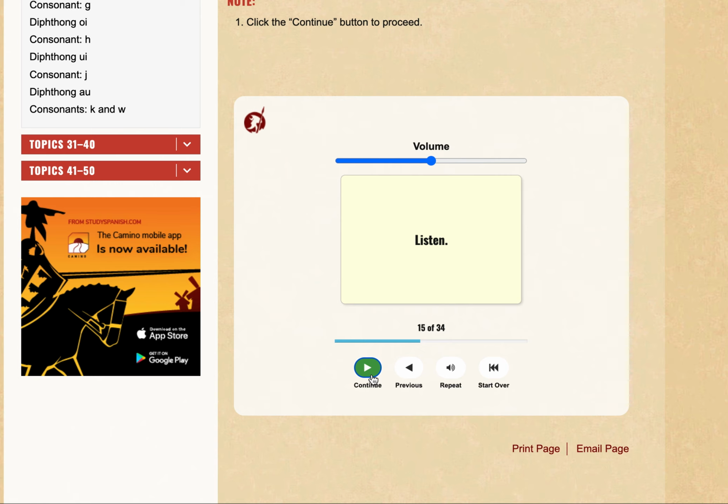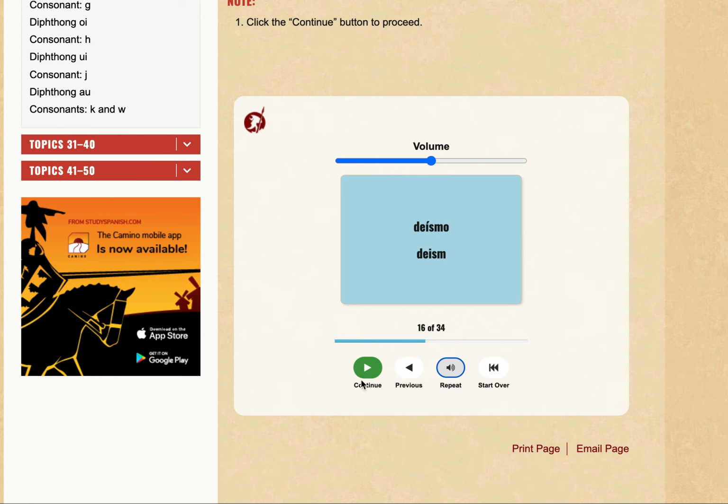Since these words have a written accent over the letter I, the diphthong is broken and the two vowels are pronounced separately. Deísmo. So we have a written accent over the letter I, and by definition, the vowel sounds will be pronounced separately and not blended together. So this will be deísmo,